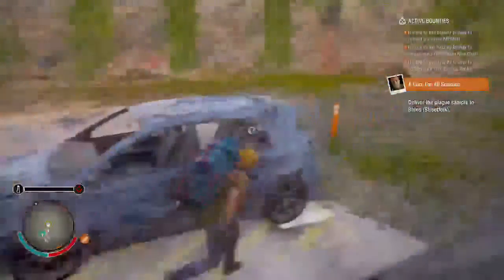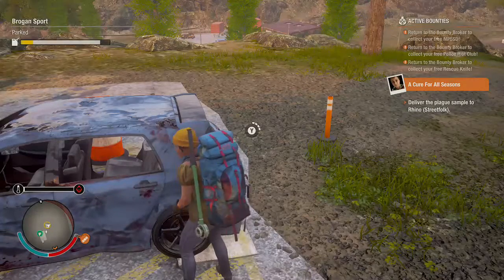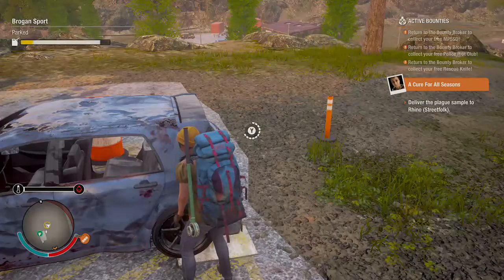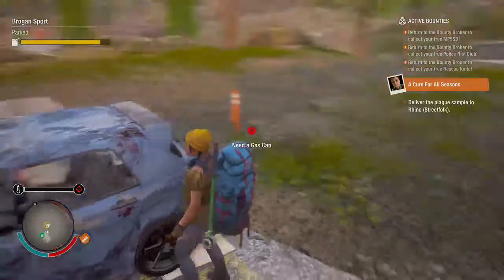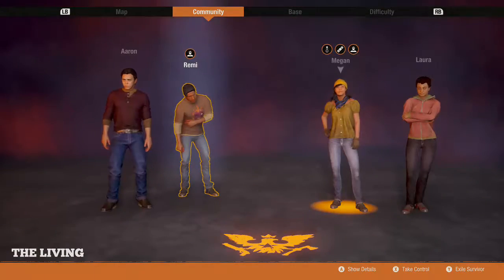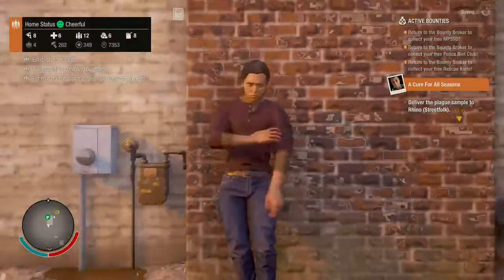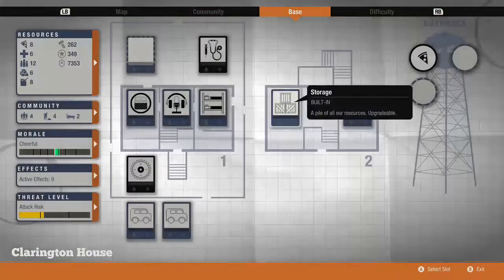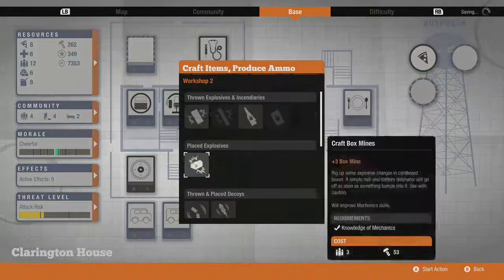It says that I have trauma and stuff, and you can see that, but it's not a whole lot. But what I'm gonna do is swap her out and let her rest, because the more you let your survivors heal, that way they're ready to go when you really need them. And this is ready, which means we can actually